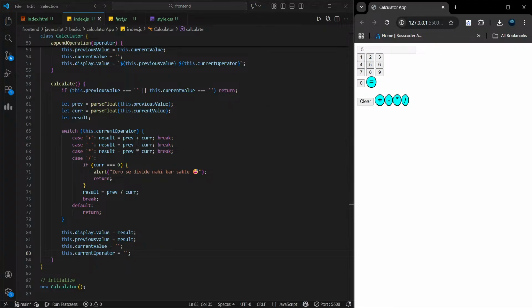हाँ बिल्कुल, जब तुम रिजल्ट दिखा चुके हो उस वक्त करंट ऑपरेटर को भी खाली कर देना चाहिए ताकि अगला ऑपरेटर उसी रिजल्ट पर काम करे। इस तरह तुम्हारा फ्लो बिल्कुल वैसे ही चलेगा जैसे एक असली कैलकुलेटर काम करता है। नहीं नहीं, यहाँ पे है ना, नहीं चल रहा है। इसको मैंने करंट ऑपरेटर को जैसे ही ये क्या बोलते हैं,